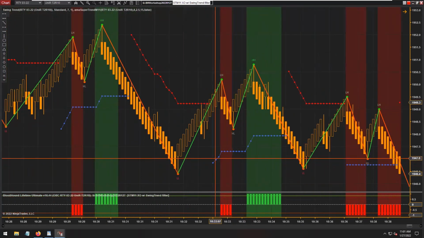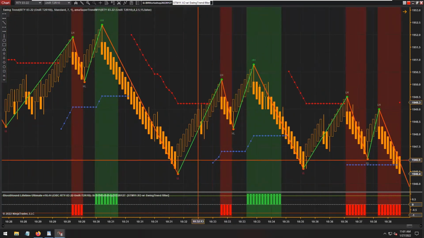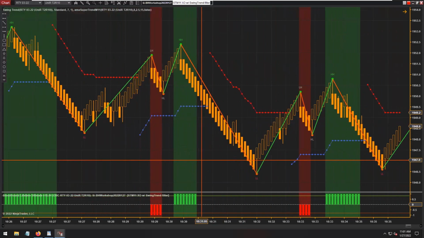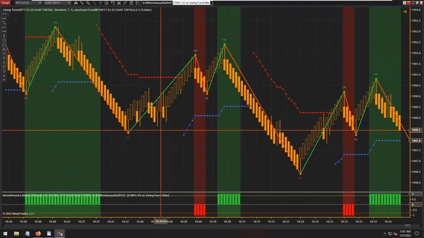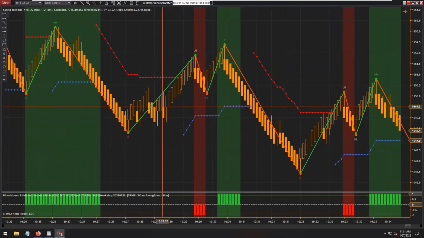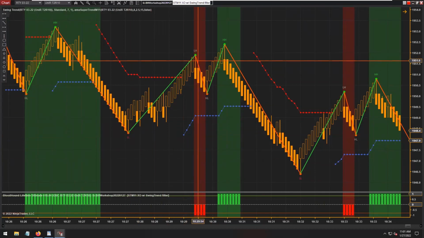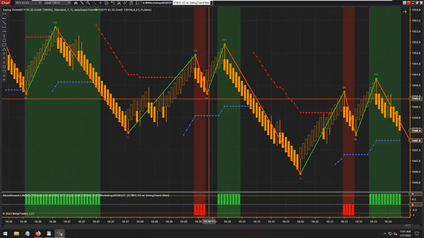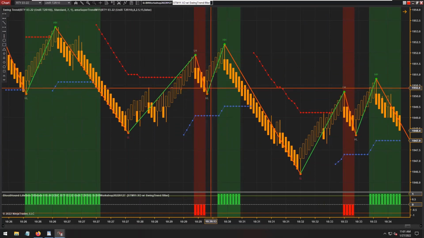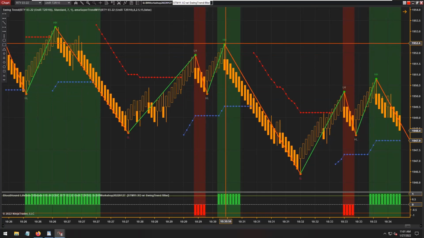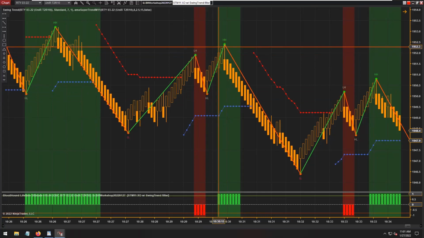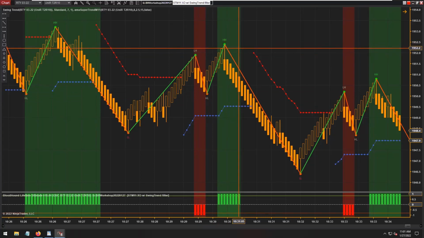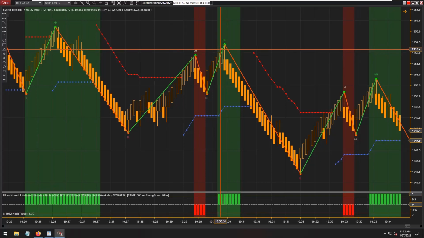Well, the market's not really working with me here. Here we go. We got a lower low and then a higher low, so we're in a short trend. But then we get a higher low and then a higher high. So we can see this long trend started developing too early